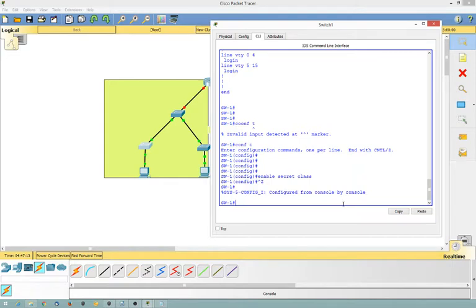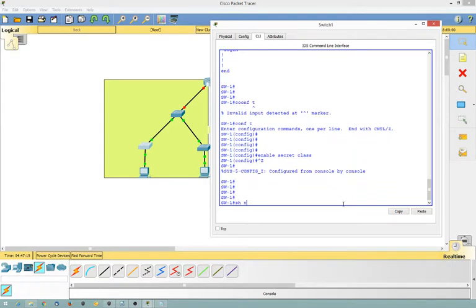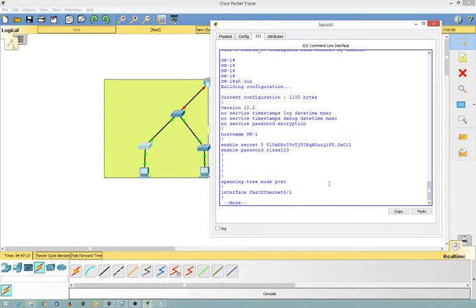So let's go Control Z. Let's show our running config. I've done it a bit quickly there, so show running config. Now this is the MD5 hash of the enable password. That's it there. So if class is your password every time, according to Packet Tracer, that is actually the MD5 hashing algorithm